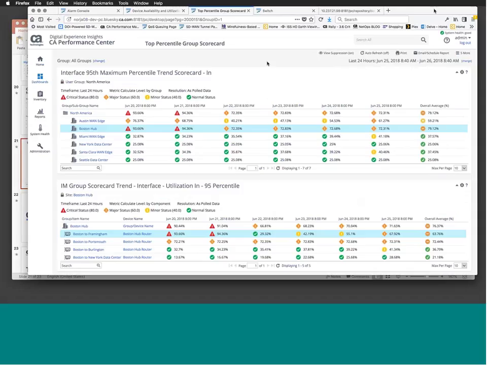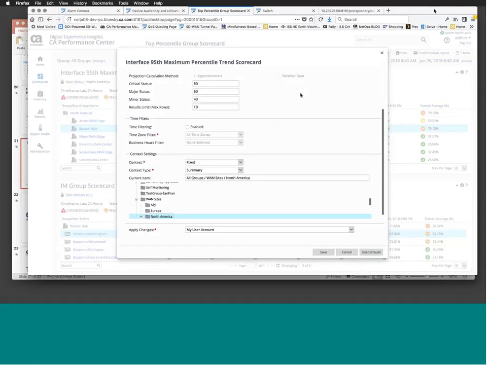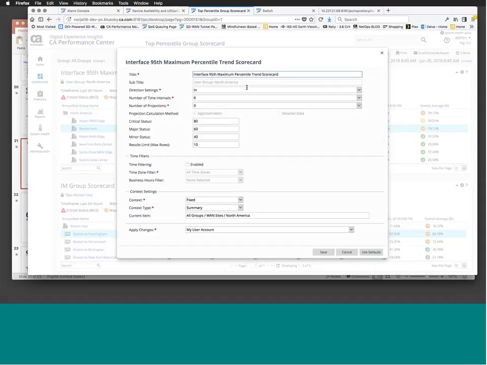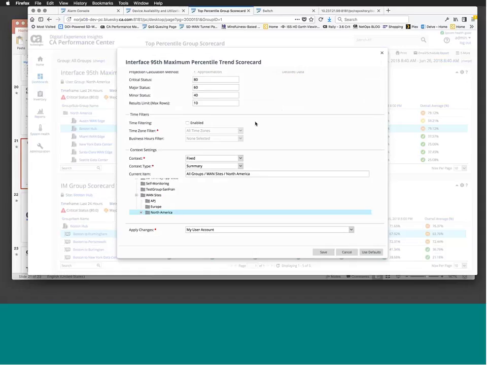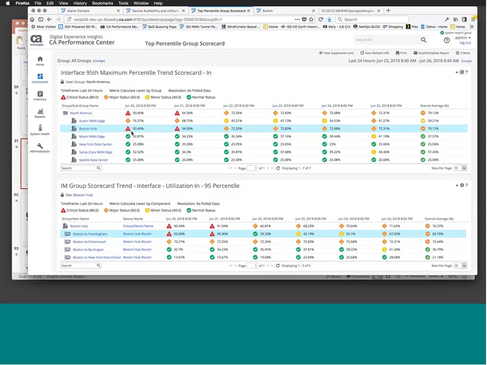So this is the new scorecard we have here. I'll open up the settings so you can take a quick peek. Basically, you can say the direction in, out, or total, number of time intervals. You include number of projections, again, setting your status to what it needs to be, either a dynamic or fixed context and time. So what we have here is I've just, real simple for the last 24 hours, created a